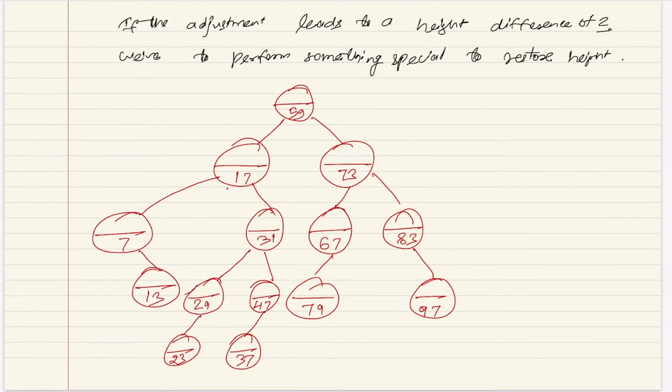Now let's quickly do the balance factors. The leaf nodes are always balanced. Okay, let's go to this branch. Here the right subtree has height 1, left is 0, so this should be +1. In this case the left subtree is higher, so it should be -1. Again the left subtree, -1. Here both have the same height, 1 and 1, so it will be balanced.